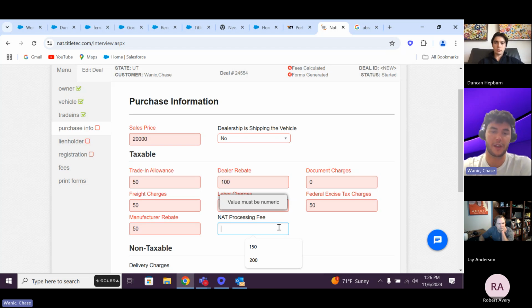So we always like to think that, at least myself, if the dealership was doing that for me, especially with an out-of-state deal, as me being an out-of-state customer, I would most likely be pretty okay with paying an extra fee for that. So this is where, again, you can put in any number you would like. We typically see